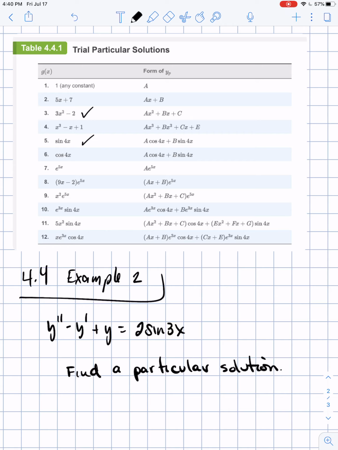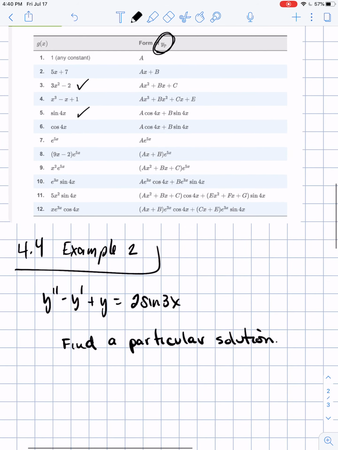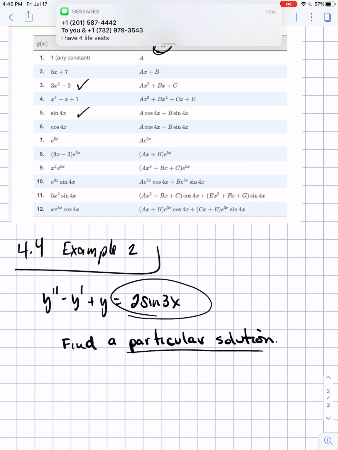What we're doing on this second example is just looking for y sub p. Just remember that in the last example, you put both the homogeneous, y sub c, and y sub p together. You add those two together. So what I want to do is go over how to find a particular solution when you're looking at